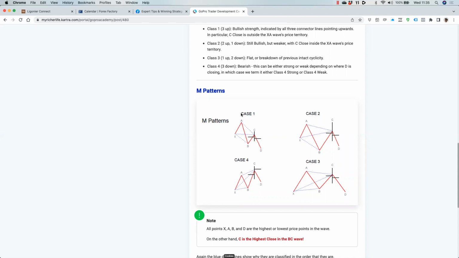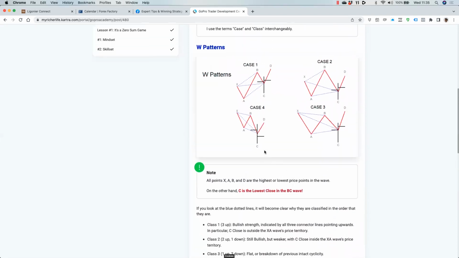And these different patterns are related to each other, okay? So for instance, when a class 1 M pattern comes to an end, it will initially flip to being a class 4